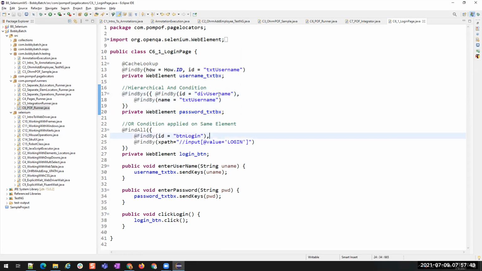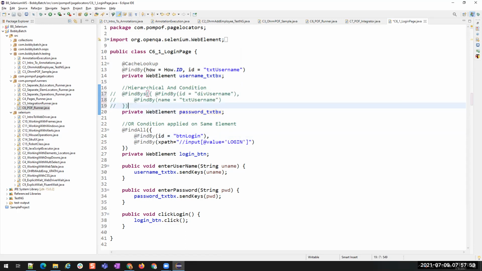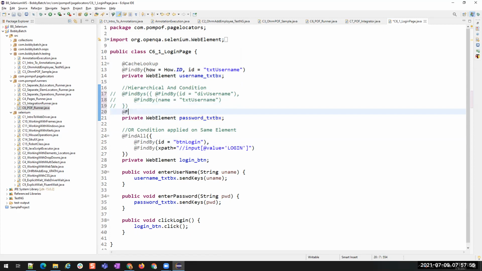So that is why it is entering in the username itself. For password also, it is identifying the username. I don't want this, so I comment it out.